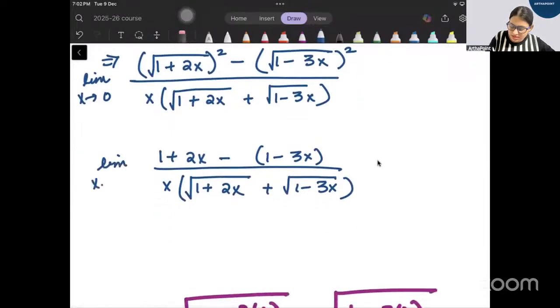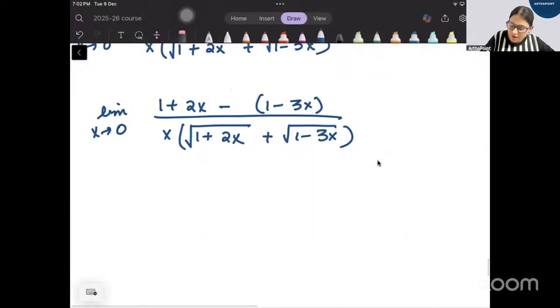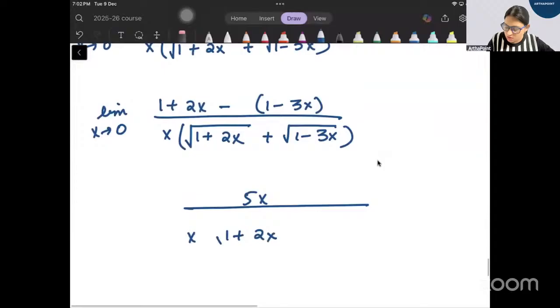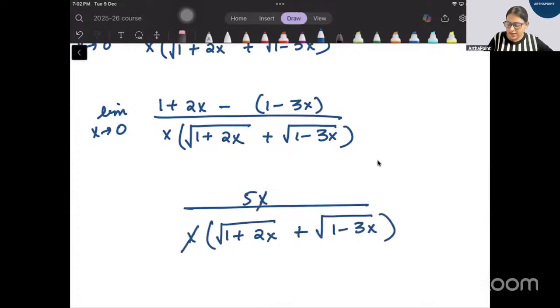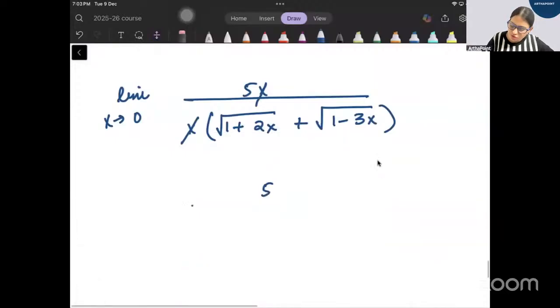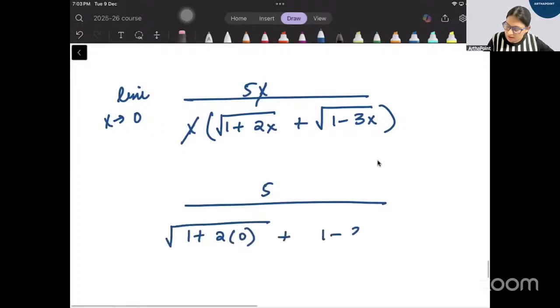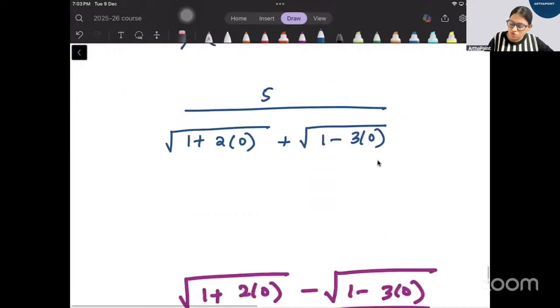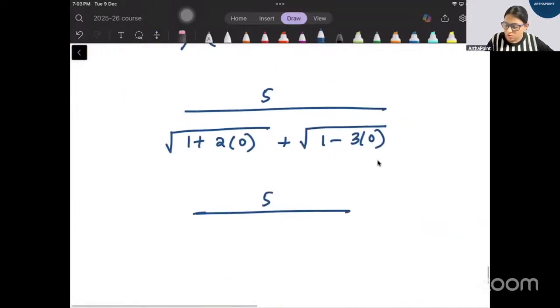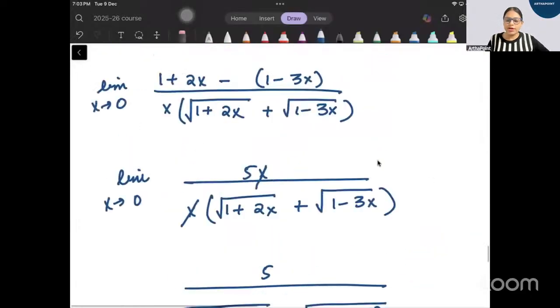Limit x tends to 0. So 1 and 1 will cancel out. 2x plus 3x will be 5x upon x into root 1 plus 2x plus root 1 minus 3x. x and x will cancel out. Limit x tends to 0. Now just put the value of x. So 5 upon root of 1 plus 2 into 0 plus root of 1 minus 3 into 0. So this is going to be 5 upon root 1 plus root 1, 1 plus 1, which is 2. So answer will be,